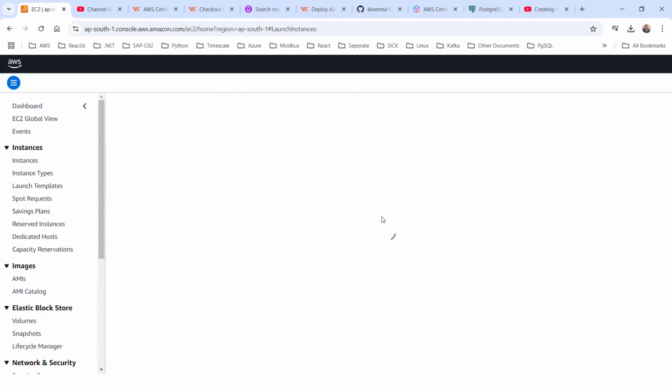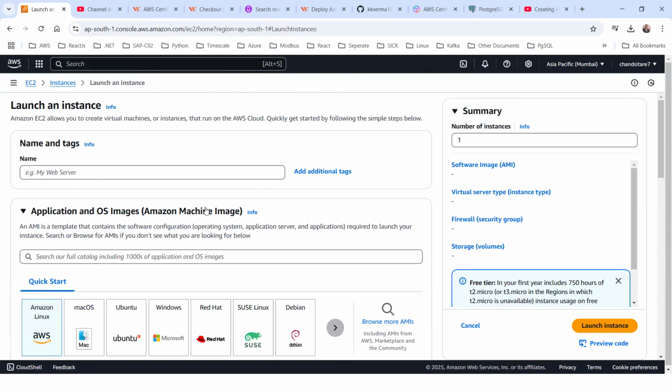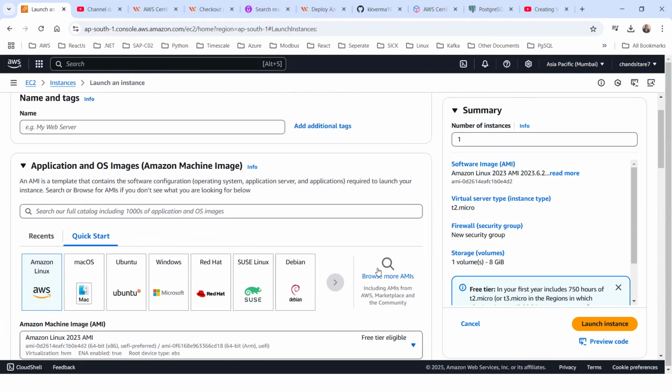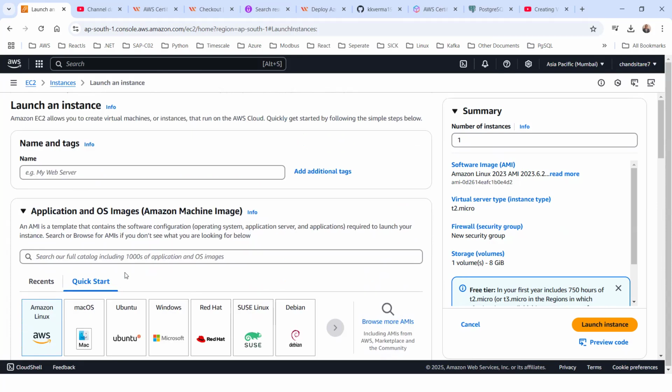An AMI image is a kind of template where certain kinds of machines are already configured, and using those templates we can create the machine quickly. We will discuss Amazon machine images in later videos; that is not part of the scope of this video. Currently we are going to select